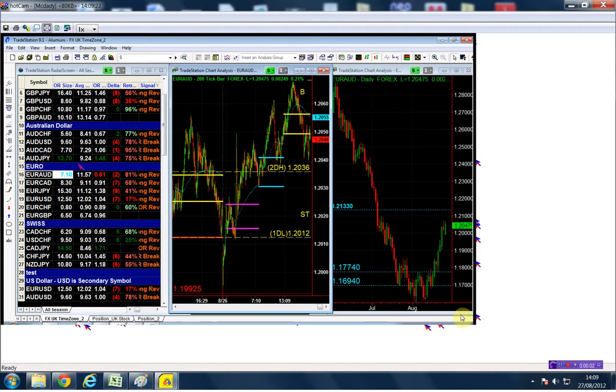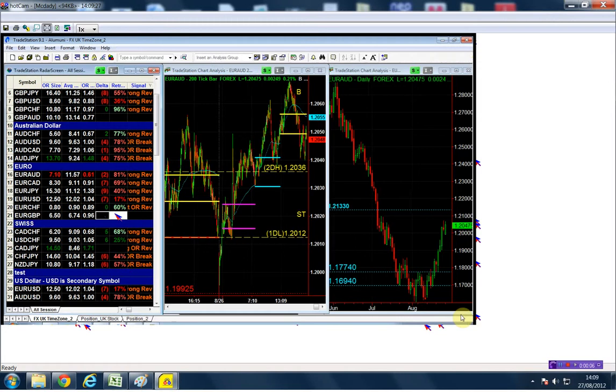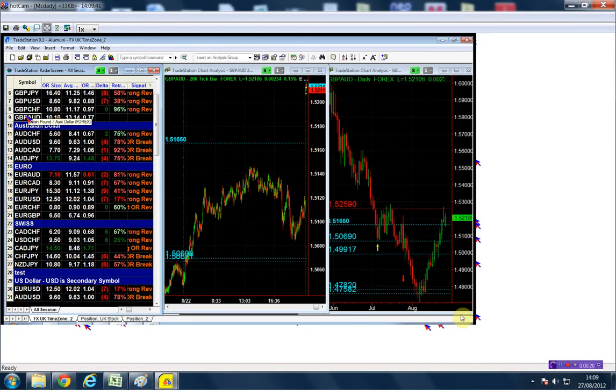So we did all the Aussie pairs, if you will, other than the pound Aussie. And we might as well do the pound Aussie because the pound is, as you know, trading in a range and the Aussie is kind of weak. So by looking at the chart for the pound Aussie,